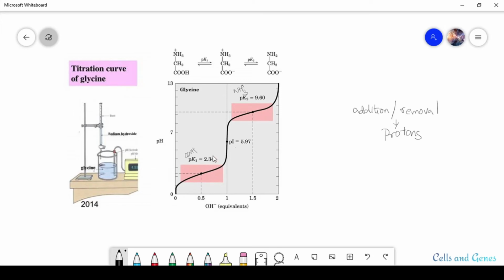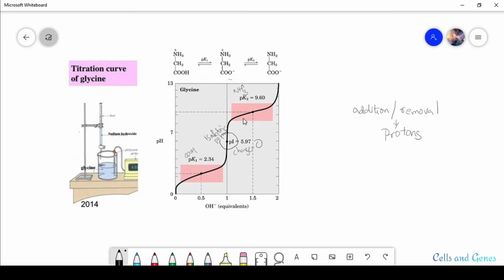So in the midway between the two pK values, that is pK1 and pK2, there is a point at which the pI or the pH value is equal to 5.9. Here the average net charge is equal to 0, and this point is known as the isoelectric point, or the pI, where the amino acid exists as a Zwitter ion, where the charge is equal to 0.